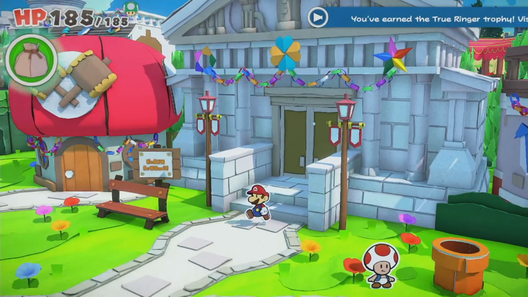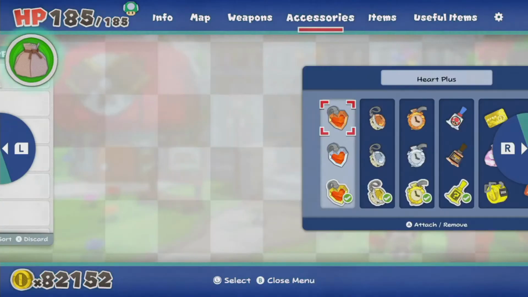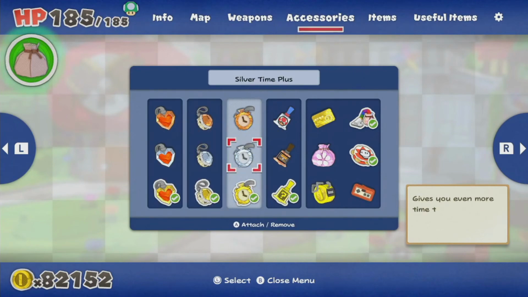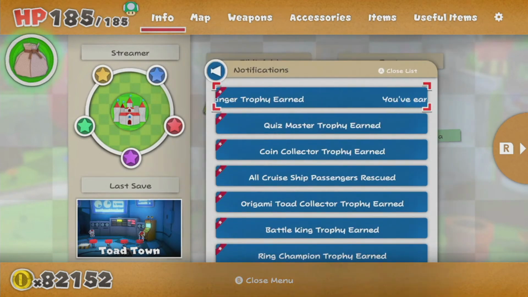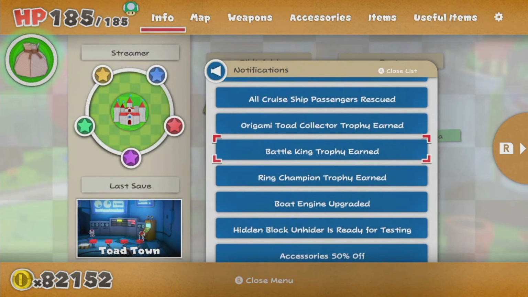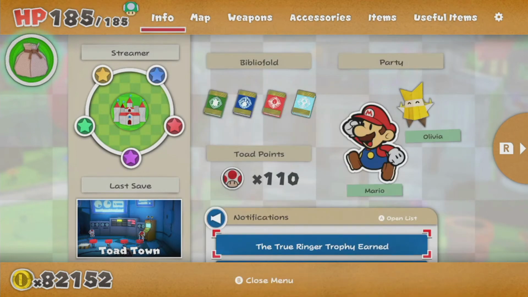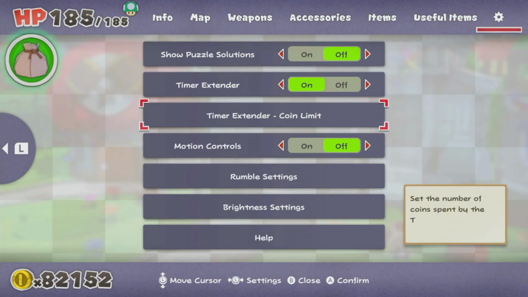Okay, so we're gonna end the video right here, but before that, I'm going to go to the pause menu real quick and see if there's a thing that tells me all my items. One, 2, 3, 4, or 5, 6, 7. I'm trying to figure out what,